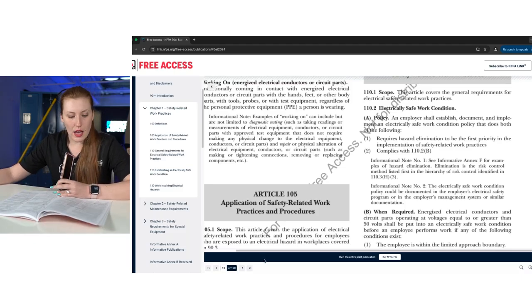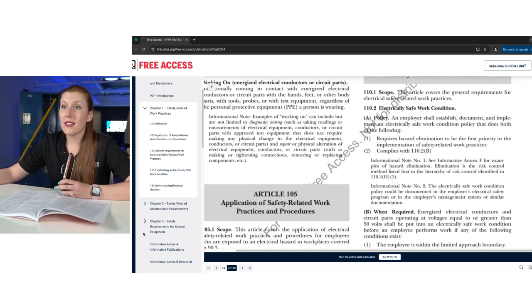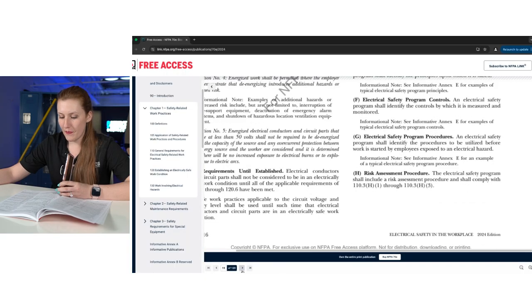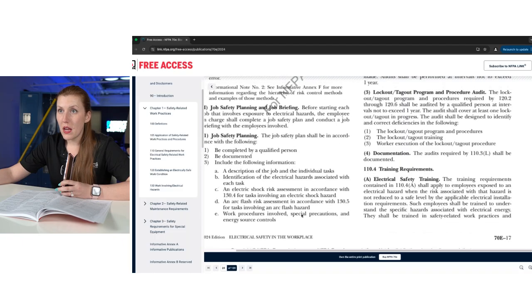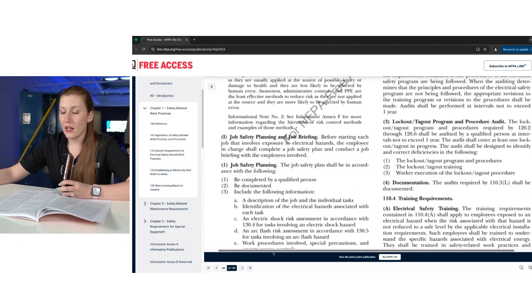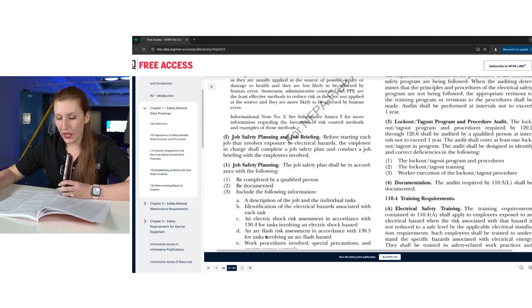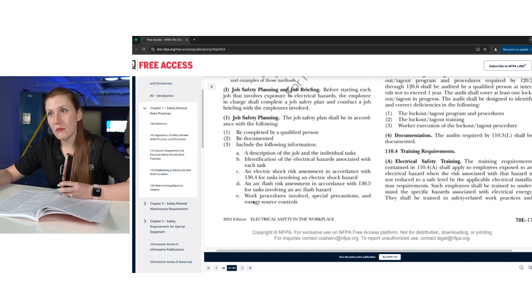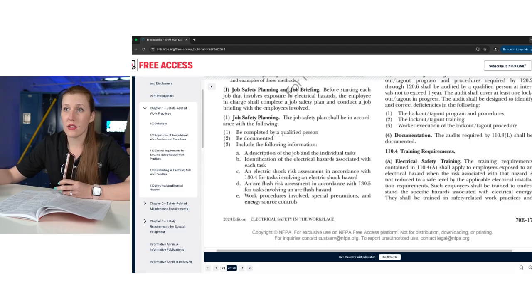All right, and then moving on, the next bigger item other than just organizational stuff would be in the job safety planning page in Article 110.3, I1. There's a list of things that need to be included in your job safety plans. And A through E were already there. If you've gone through training, you're pretty familiar. You've got to know what you're doing, how you're doing it, what the hazards are, the risk assessments, and what you're going to do to protect yourself from those hazards.